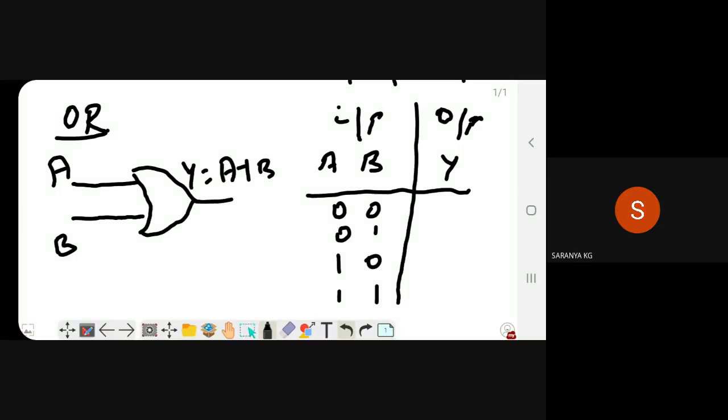Tell me its output. If any one of its inputs is 1, you will get the output as 1.